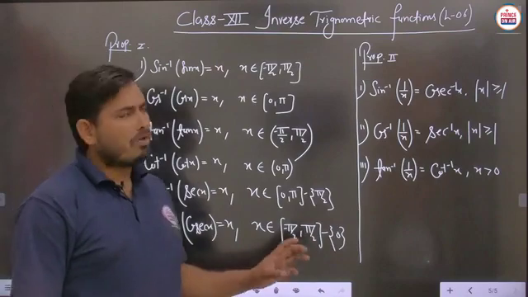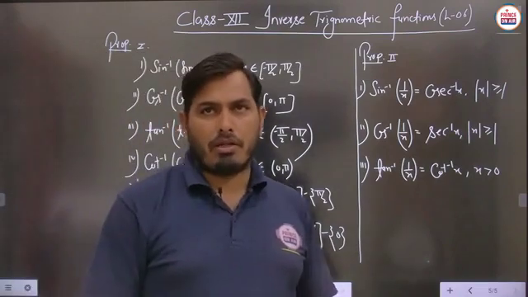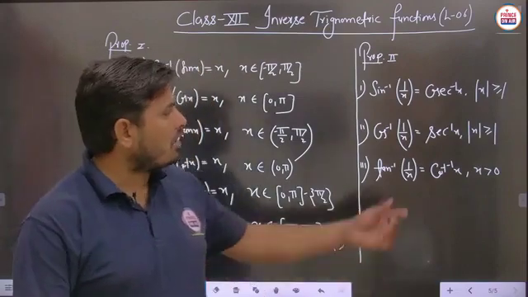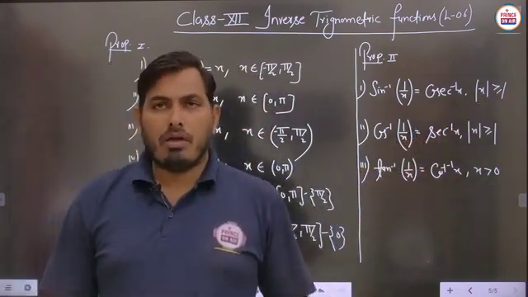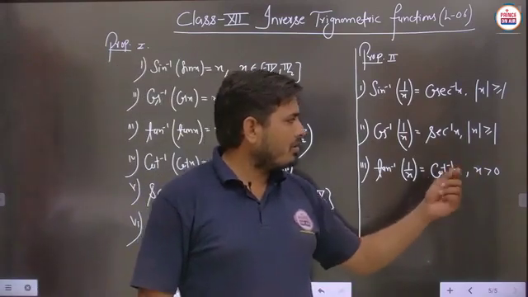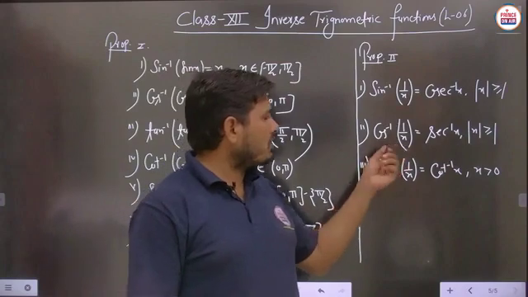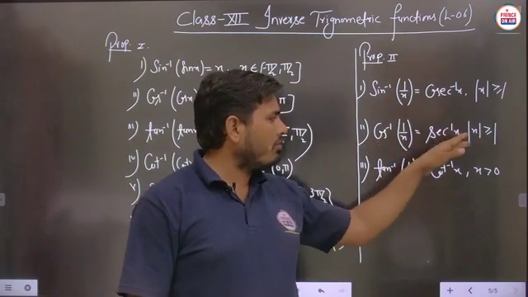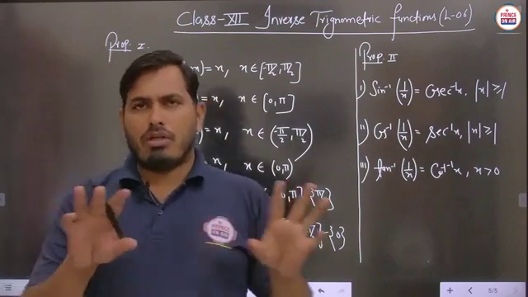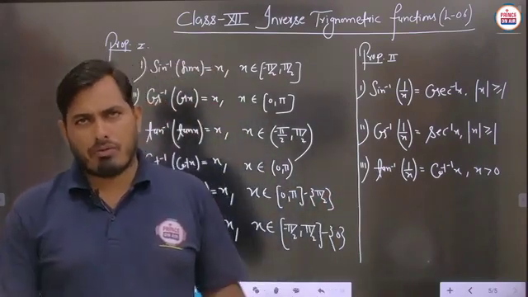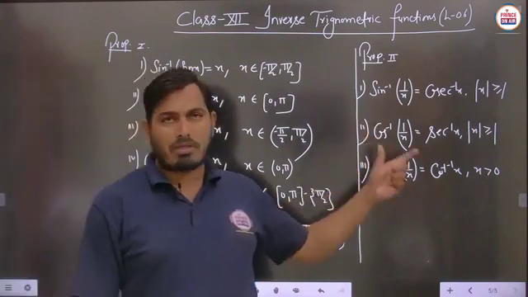Firstly students, we are just defining the second property. Now we will discuss each property in detail, how the particular conditions are obtained, like modulus x greater than or equal to 1. Sometimes we take x greater than 0, and here we take modulus x greater than 1, and how cos inverse of the reciprocal of x changes into sec inverse x. We will see the proof of each of these in detail in property number second.